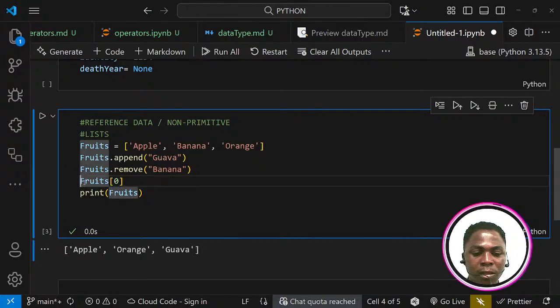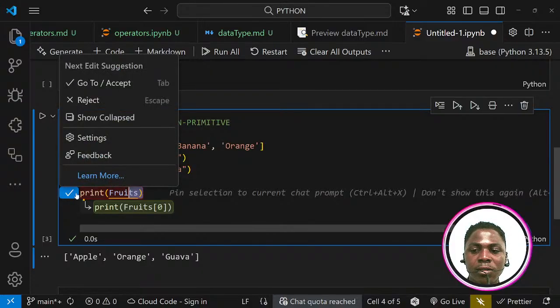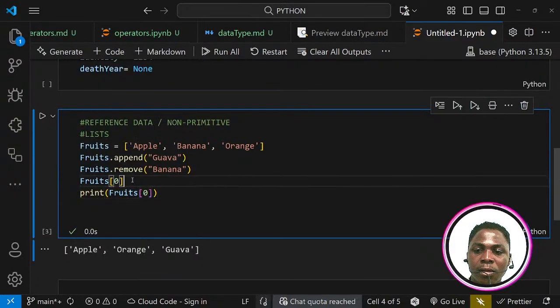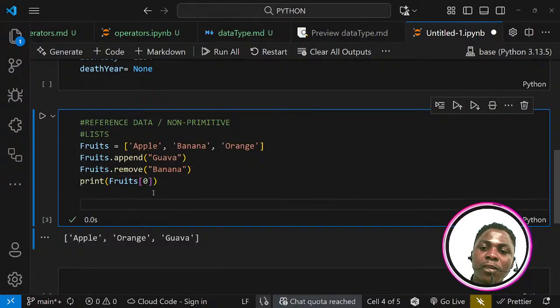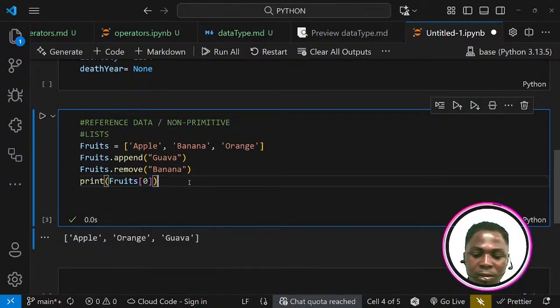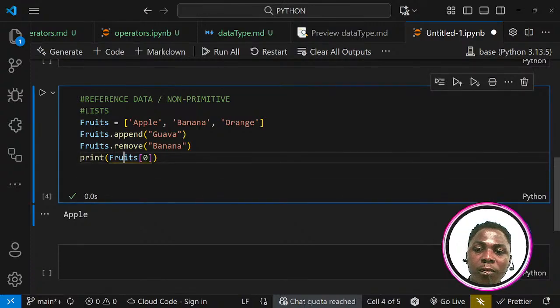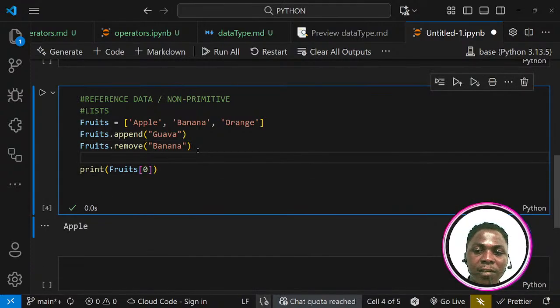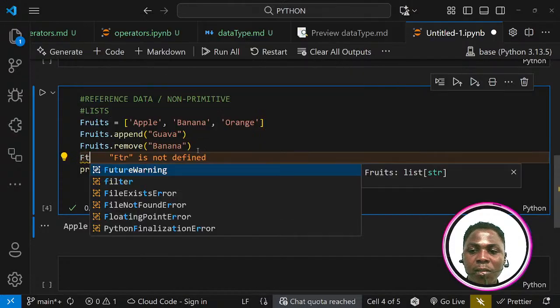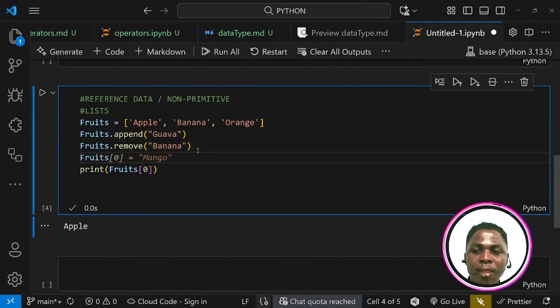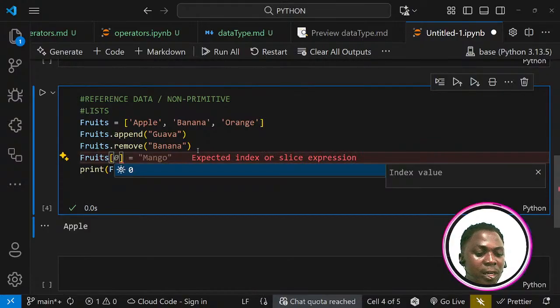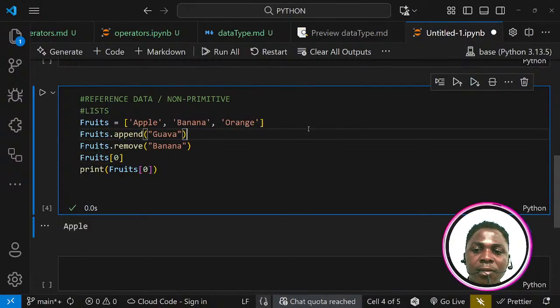You can say, let's even print it instead of just calling it. So you can print the first element by putting fruits square 0, accessing the first element. If you say print fruits, square brackets, to access every element, you call the name of the list, which is fruits, right? Then you put square brackets, then the index. This is how to access